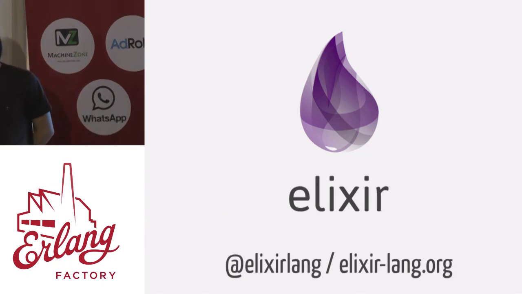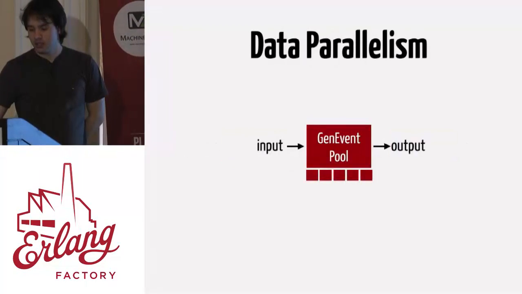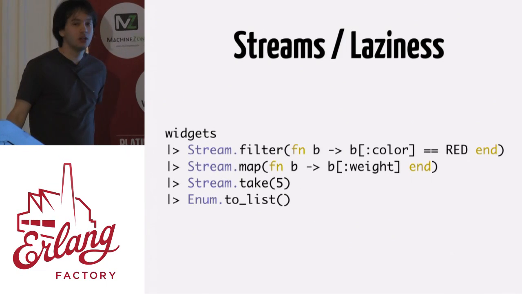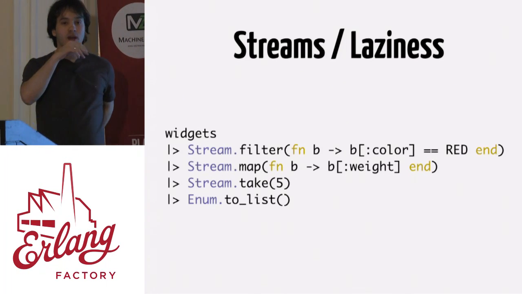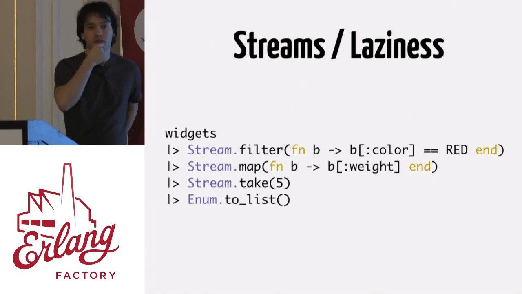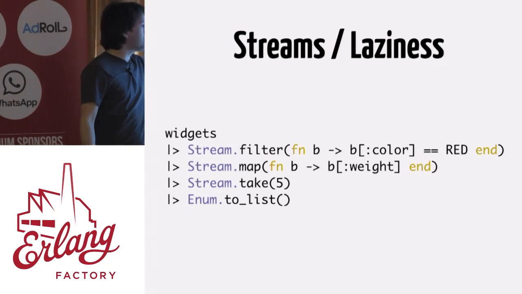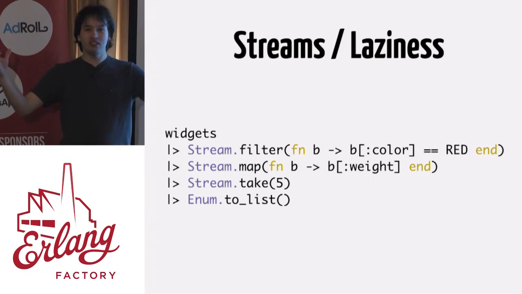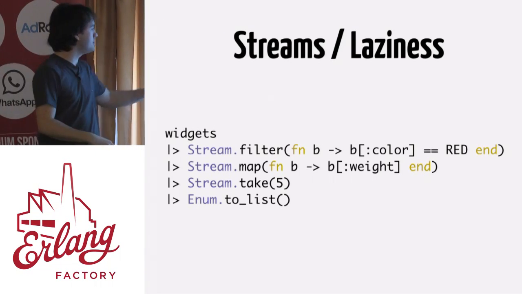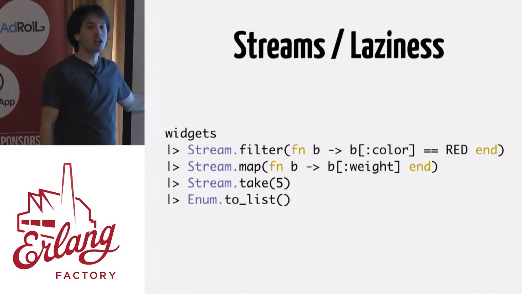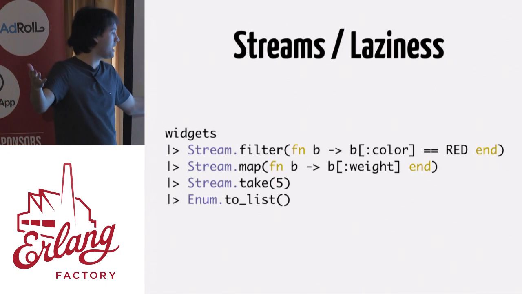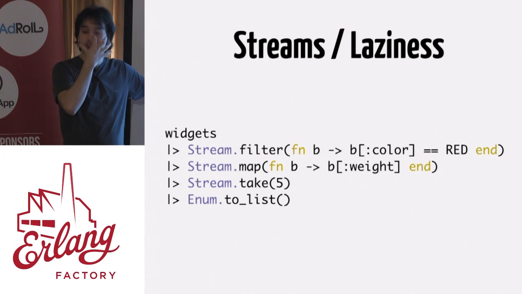Okay, so the question is, that would be inefficient. Yeah, exactly. So the question is, if we have this code, right? I'm not even going to introduce parallelism because it's going to answer a question even without. So imagine that this map operation is super expensive. For some reason, getting the weight, you need to go to the screen, do something crazy. Imagine this is super expensive. We just care about the first 5, right? So we don't want to map everything. We want to take just the first 5 that come out.